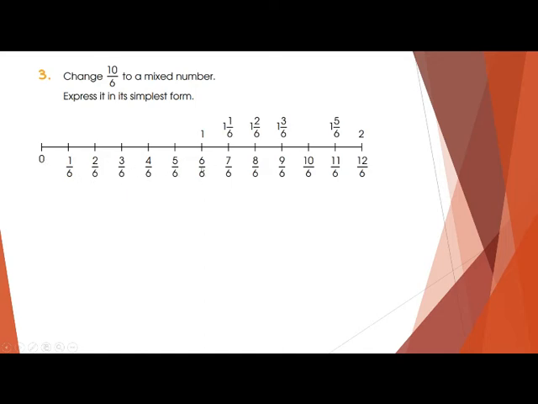It's 6 upon 6. And you know that when the denominator and numerator are the same, it means it's one whole. First one. Okay? So we will write one whole. This is 7 upon 6, 8 upon 6, 9 upon 6, 10 upon 6, 11 upon 6. So they are asking what the 10 upon 6 value is. So look at this. 1 whole 1 over 6, 1 whole 2 over 6, 1 whole 3 upon 6.